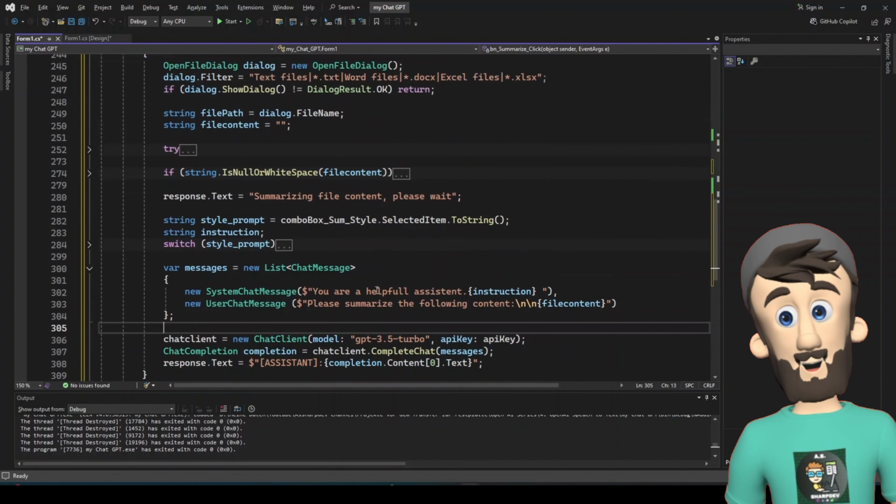First, we use an open file dialog so users can pick a file. Then, depending on the file type, we read its content. I will explain it later because some NuGet packages are needed to get this data. Now that we have the content of the file, it's time to send it to ChatGPT, but we don't just